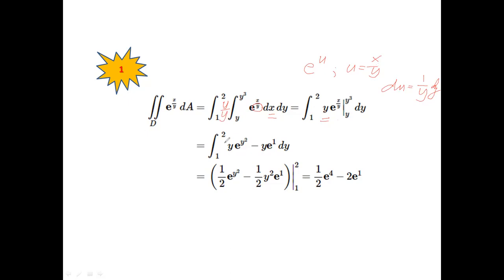So you have y e raised to, if this x is y cubed, you divide it by y, that would be y squared. Okay, then minus y e raised to, if x is equal to y, y over y is equal to 1. So what you did, you substitute for the